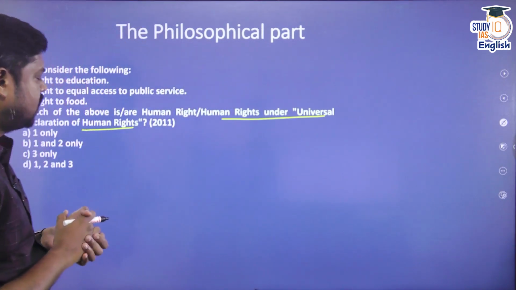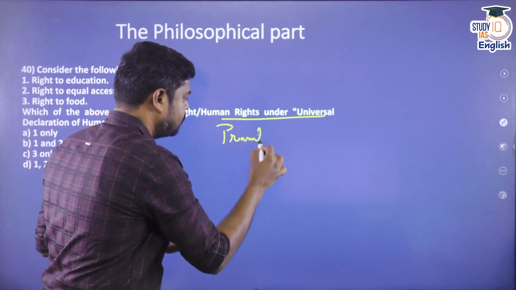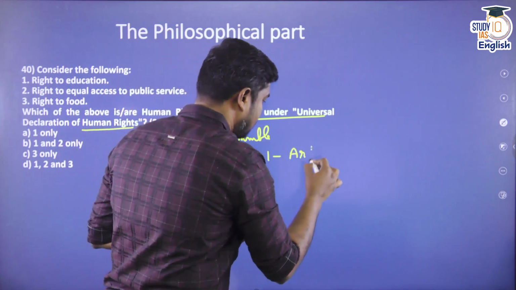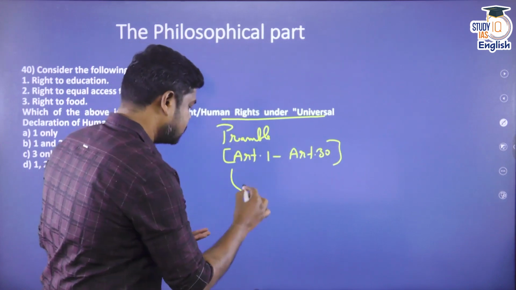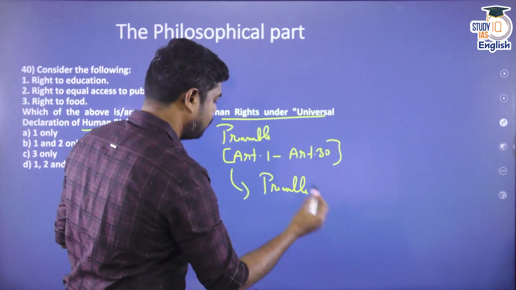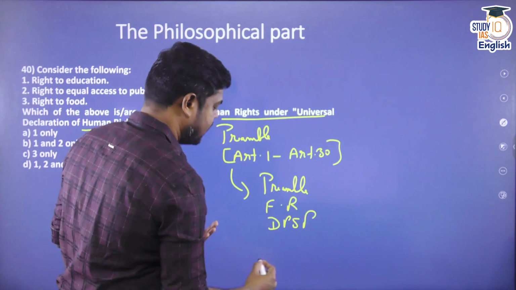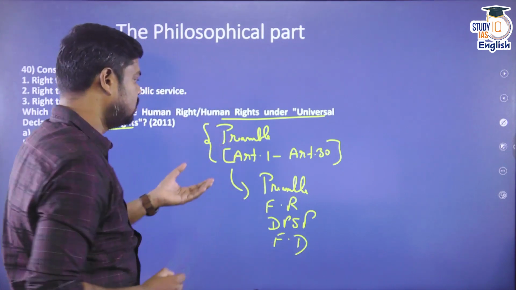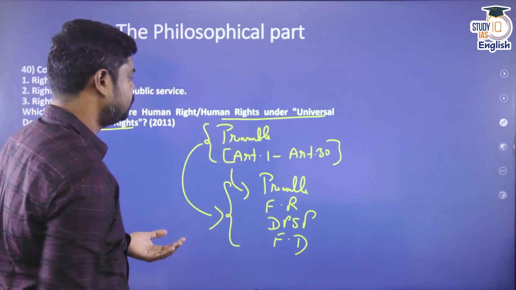If you look into this Universal Declaration of Human Rights, it has a preamble and consists of article 1 to article 30, which we have already discussed. The preamble and article 1 to article 30 are related to the preamble to the Constitution of India. It has a relation to the fundamental rights, to the DPSP, and to the fundamental duties. So, if a question comes on what the Universal Declaration of Human Rights is related to, it is related to all the 4 things. Just try to remember this.